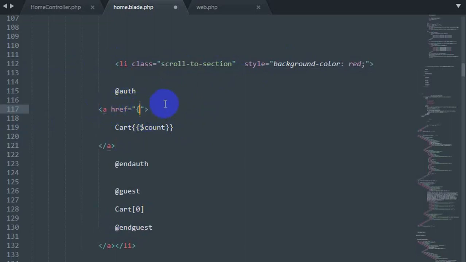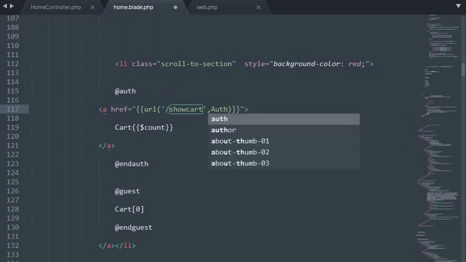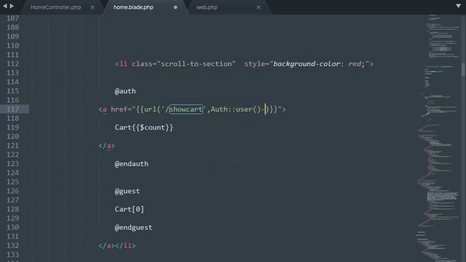So we'll say url, then first bracket, then single quotation, and inside this url we'll say show cart, and we also need to get the id of the user that is logged in. So we'll say comma, then auth, then two double colons, then our user table name, then this sign, then we'll just say id. So what will happen is that this url will get the id of the logged in user and send it to the web.php.